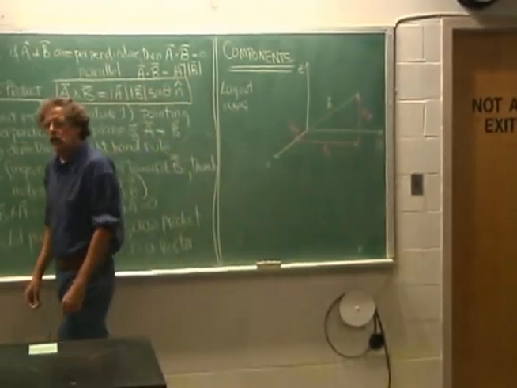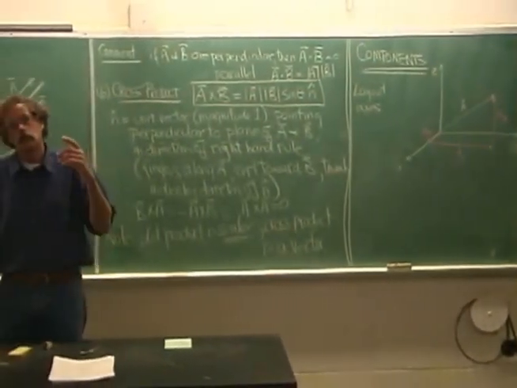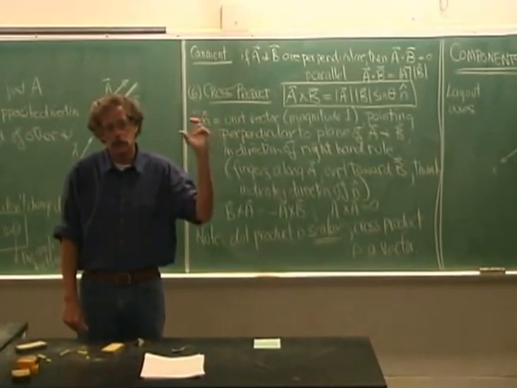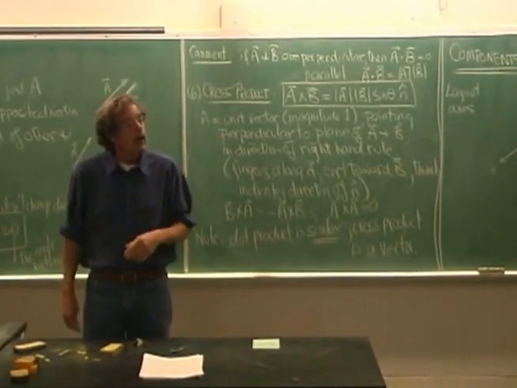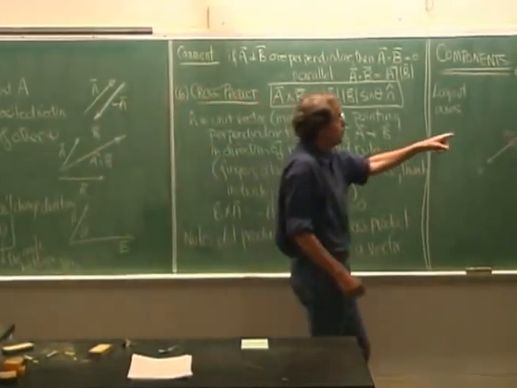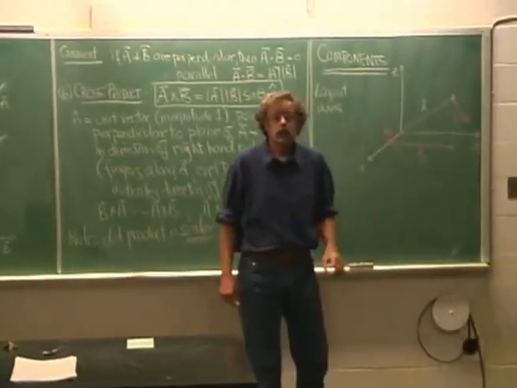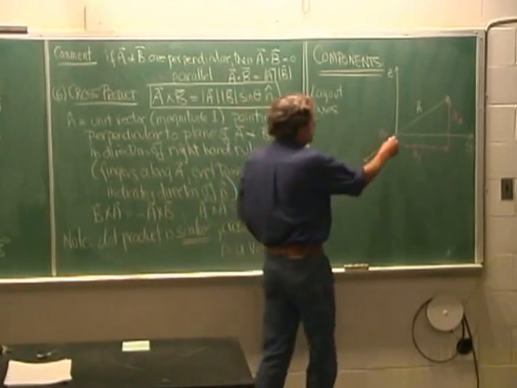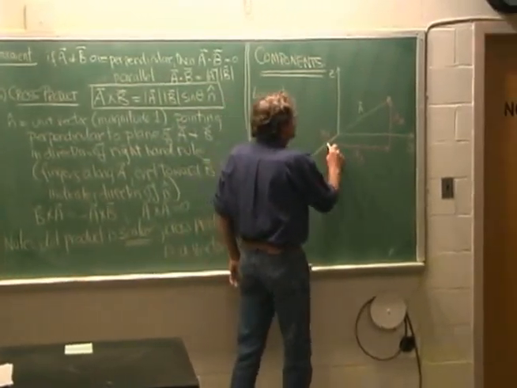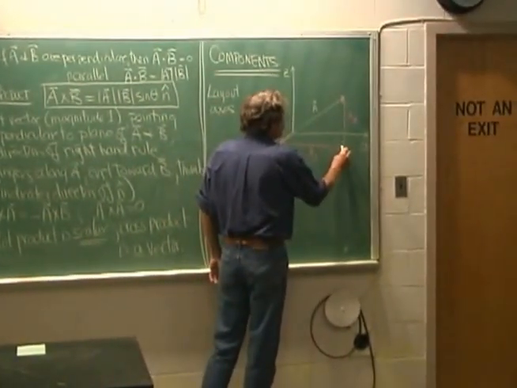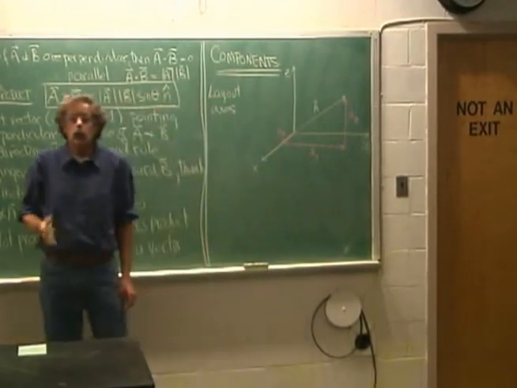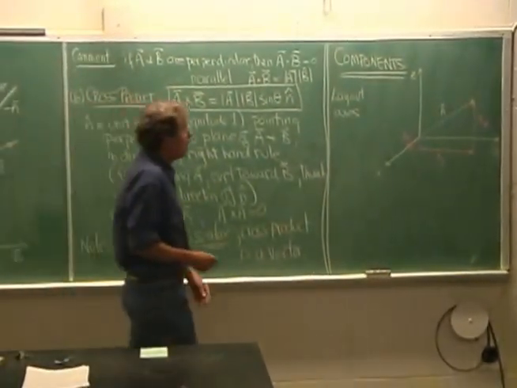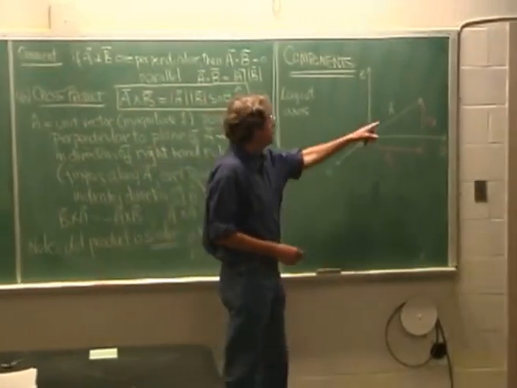So why don't I, instead of saying the vector A has a magnitude of such and such and it points at 37 degrees from the z-axis and so on, why don't I just tell you these three numbers, a sub x, a sub y, and a sub z, and that would do the job, isn't that right? Because then you know the ritual. You go out the x direction, amount a sub x, parallel to the y direction, amount a sub y, parallel to the z direction, amount a sub z. You can do those obviously in any order you want to,